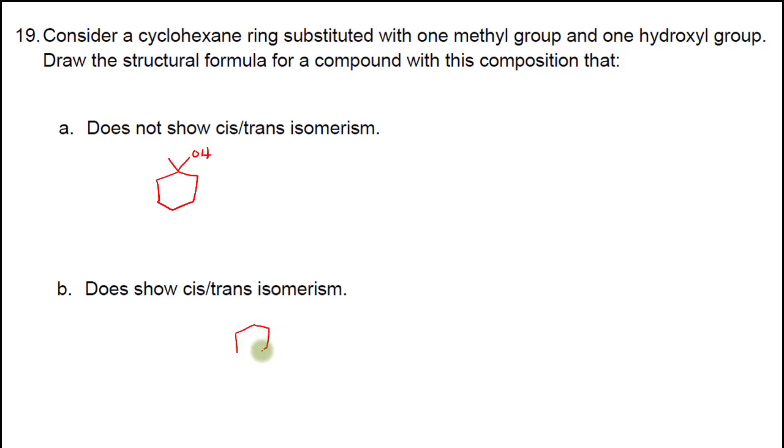But if you put them on different carbons, I can have them be cis here. They can be trans, even if I put them on different carbons or in different relationships in the ring. There can be cis trans there, and then you can do it with the 3